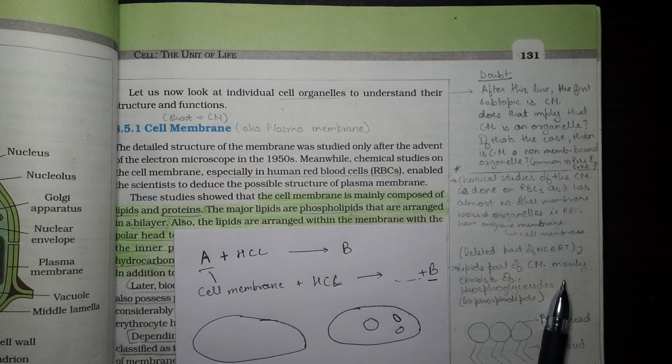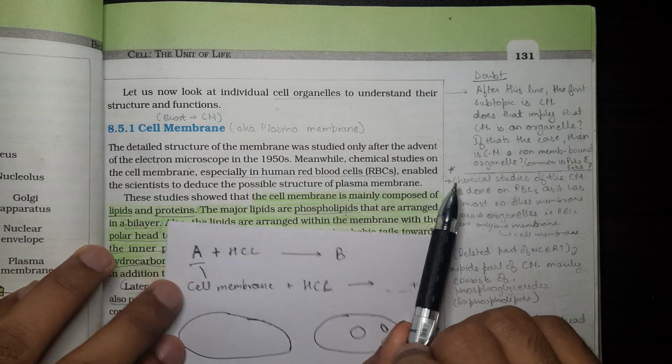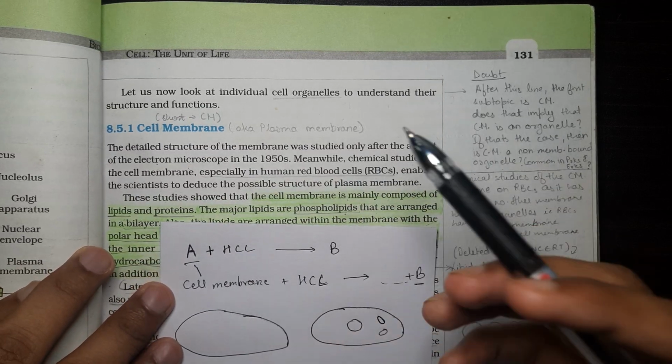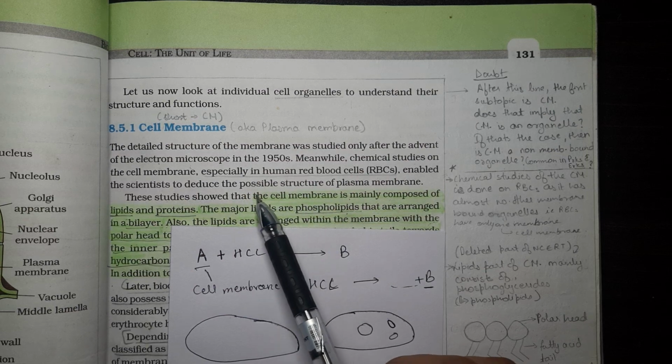Well, that is because it needs to carry a lot of oxygen. So fewer organelles would mean more oxygen these red blood cells can carry. So that is the reason. So scientists conducted chemical studies on RBCs, and with that they were able to deduce a